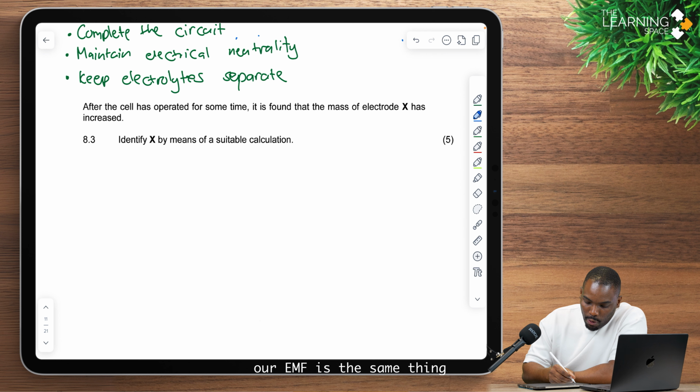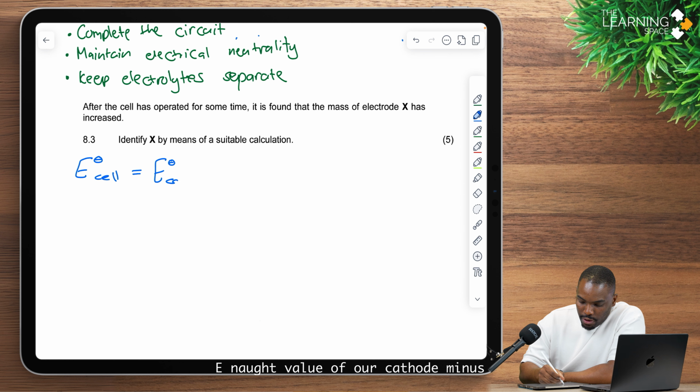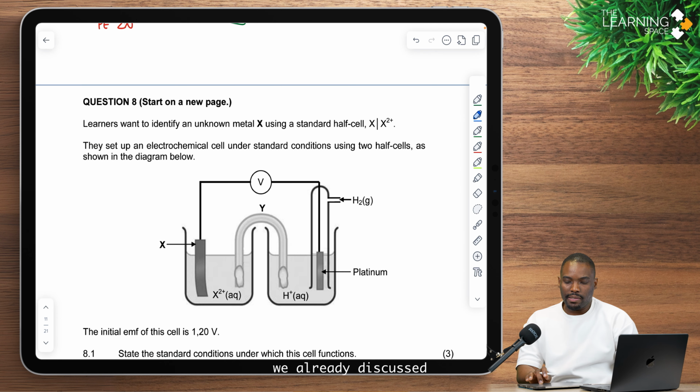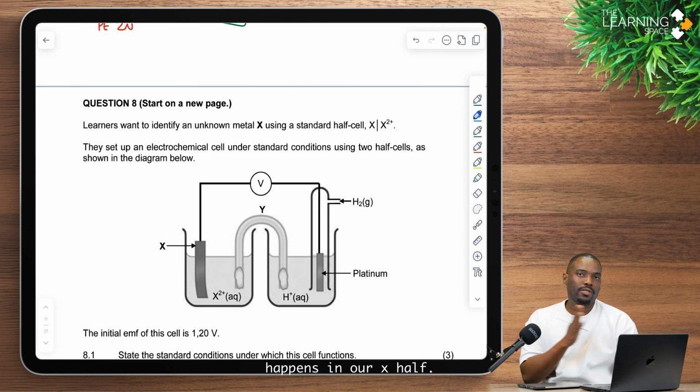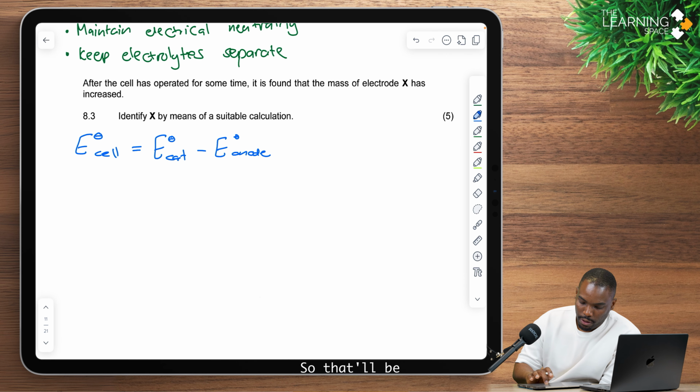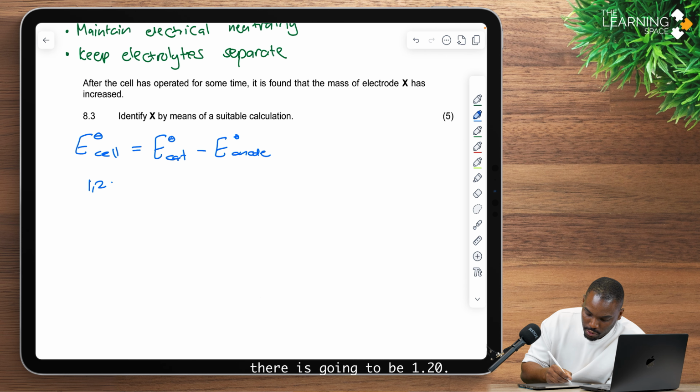So we know that our EMF is the same thing as our E cell, right? And E cell becomes the E naught value of our cathode minus the E naught value of our anode, right? Now, the cathode, we already discussed the fact that reduction happens in our X half cell. That's going to be the cathode. So our E cell value there is going to be 1.20. We were given that. The cathode becomes the E naught value of X minus the E naught value of the